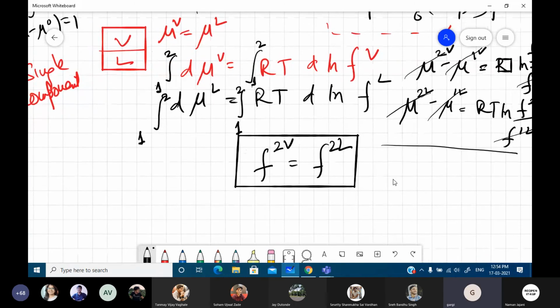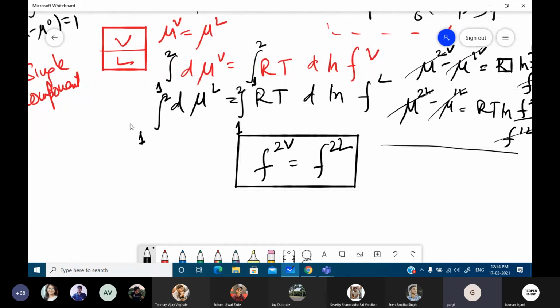Is this part clear to all of you? This was derived when the standard state taken for the vapor phase and the liquid phase are the same. Say for both the cases, I take P equals 0 or whatever it is, some particular standard state which is known for both of them. So we start from that particular standard state and we go to the state of interest. Now, this and this states are the same.